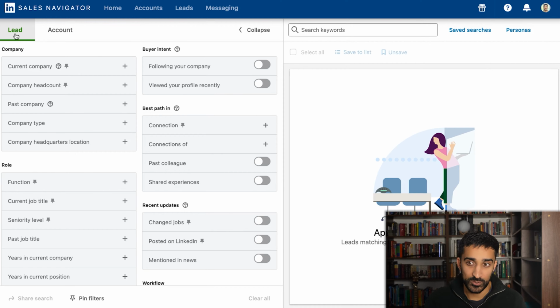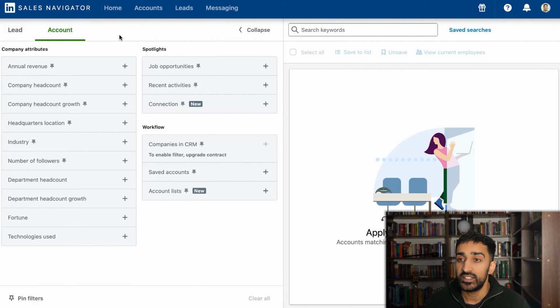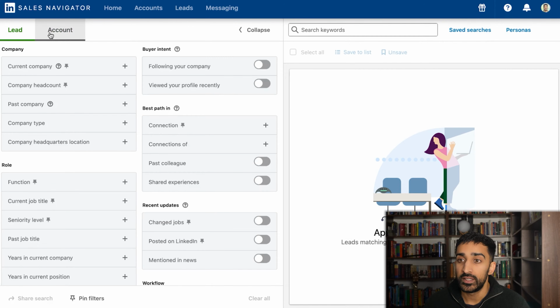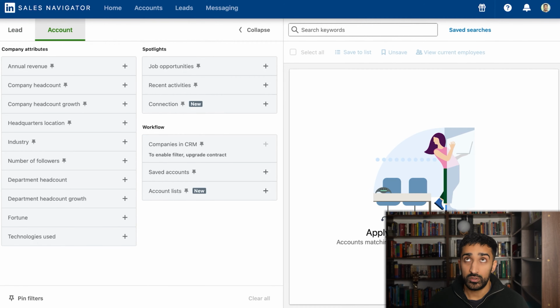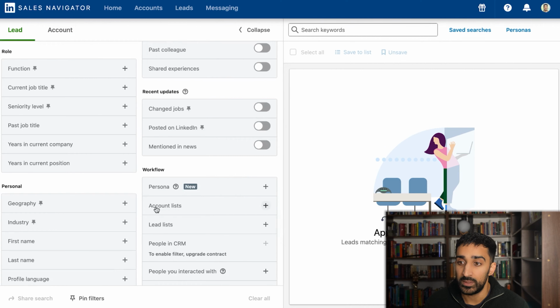You can only speak to the leads or the accounts. You need to combine that data together. So the first thing you need to do when you use LinkedIn is think about who you are targeting. Who are you trying to go for? If you're going for people at a certain type of company, you must start with the account. You must build an account list, and then you must go into leads and look for people at that account